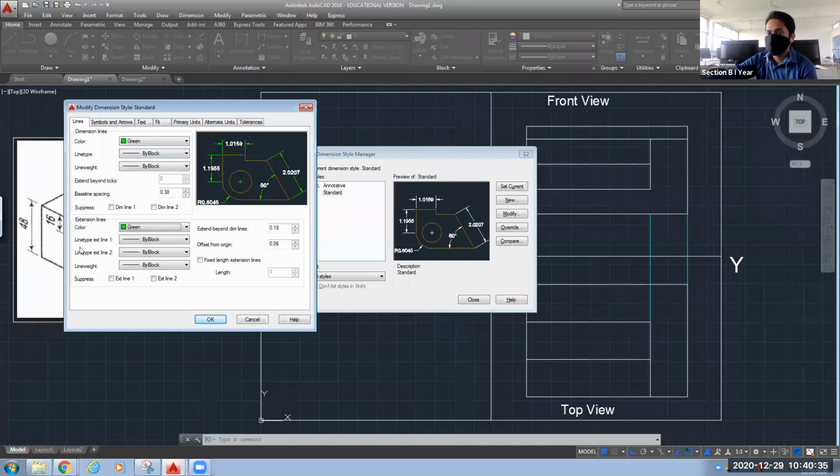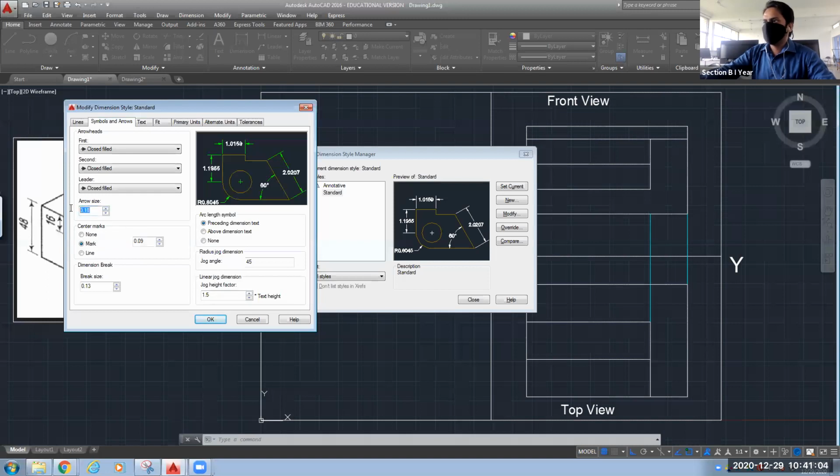Dimension line and extension line. This question can be asked in your Viva. Okay, keep this in your mind. What is the difference between your dimension line and what is extension line? So see here once again in the preview, extension line means these white color lines, these are your extension line, and this green color containing that arrow, it is your dimension line. Okay, so you must know this.